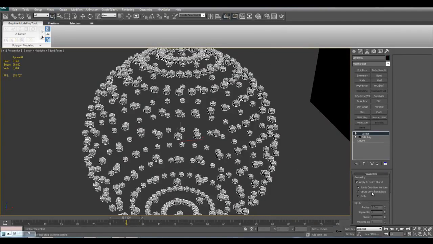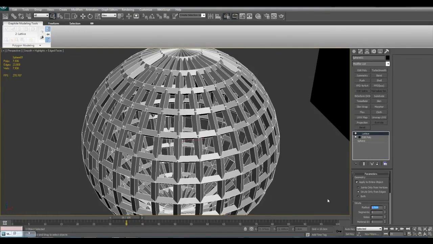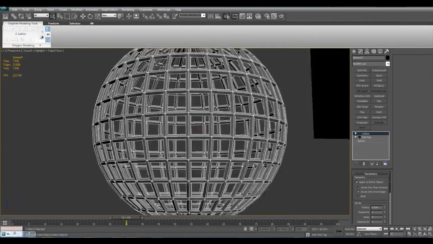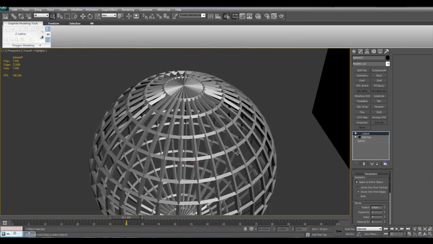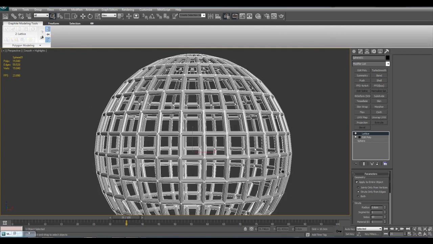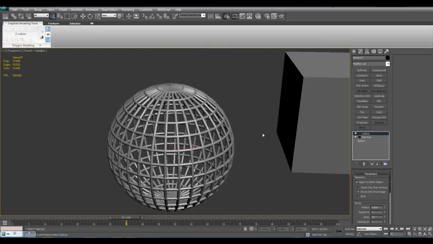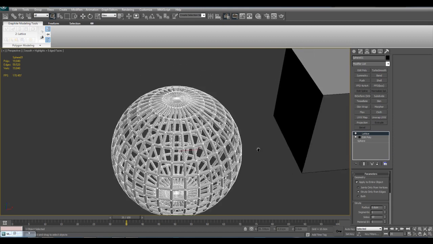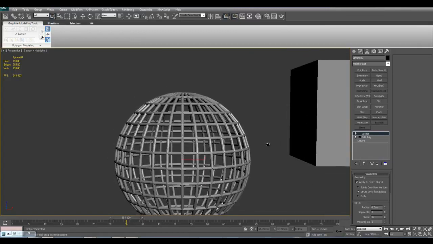And you can also have struts only, and struts can be a nice modifier for giving your object this effect that it's actually created from different metal pipes. So now it looks like this sphere is actually created from metal pipes. So if you wanted the effect of an object being created from different pieces and welded together, you can use